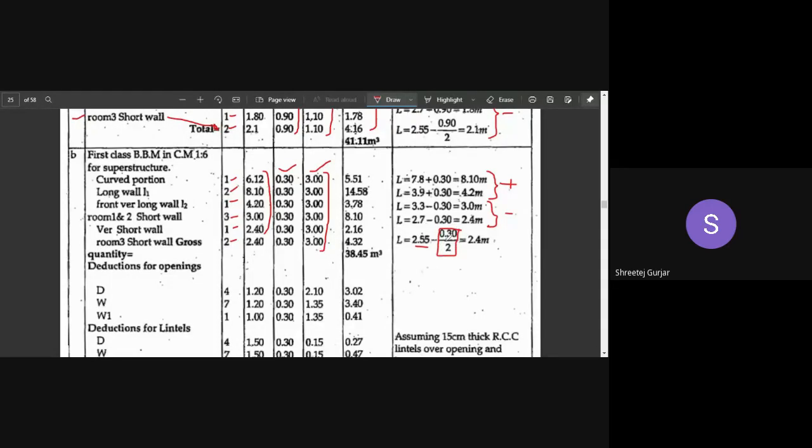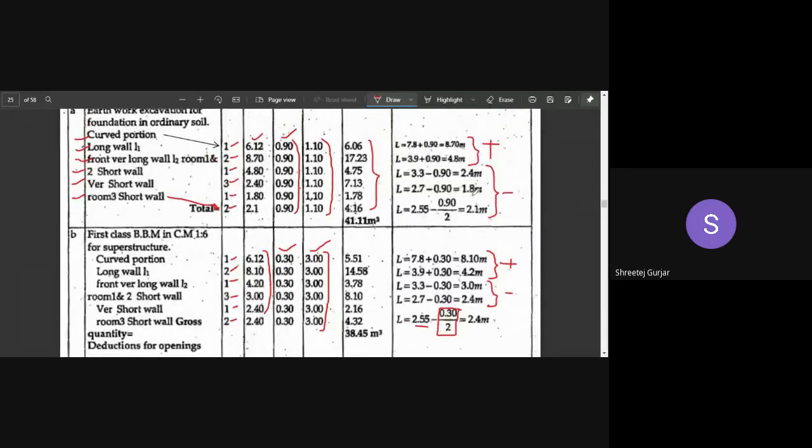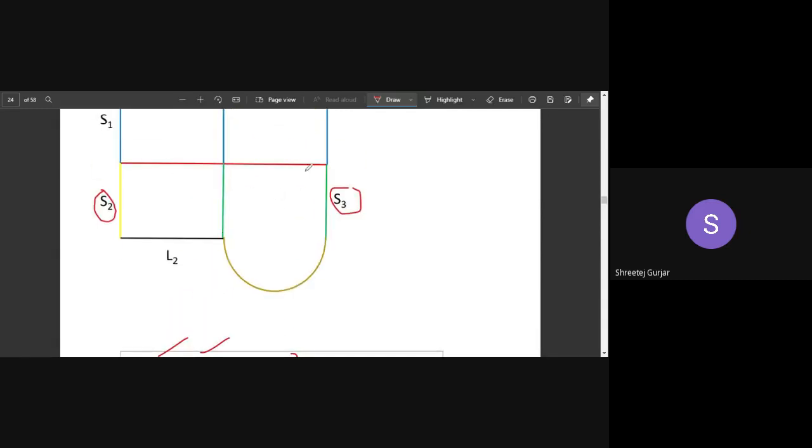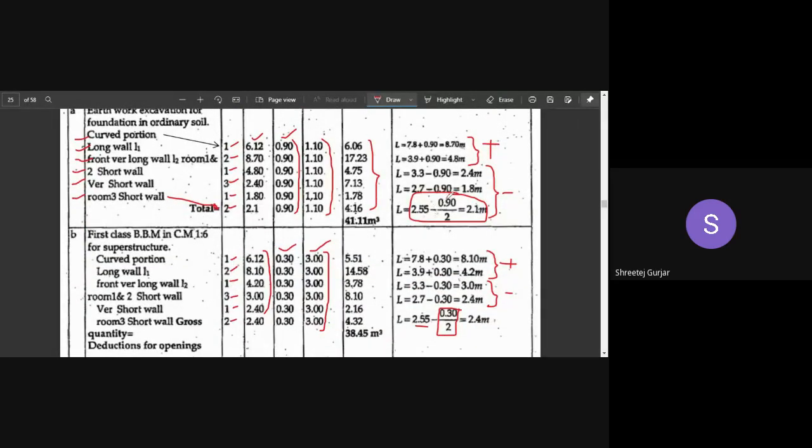Why is this? Because we have only one wall here. Here also you can observe this S3. For this S3, since we do not have a wall over here, while reducing we have to reduce only one thickness and not the other one, because only one wall is present over here and there is no wall over here. So for S3 we only have to reduce once, and the minus 0.9 by 2 is absent over here.